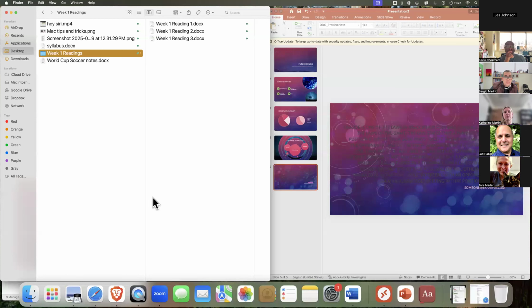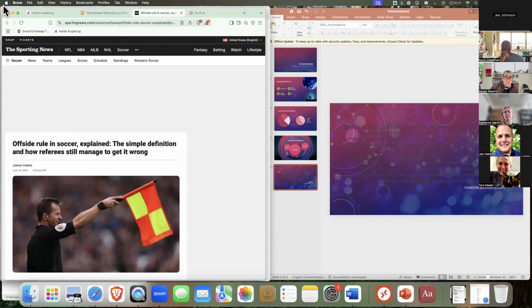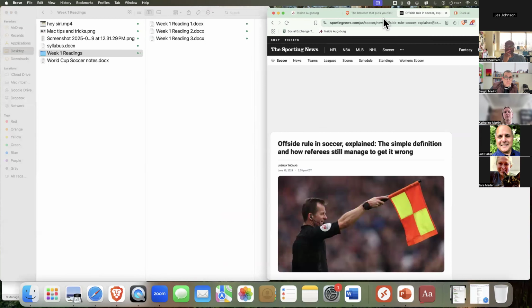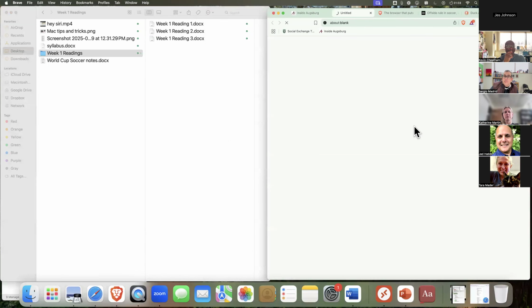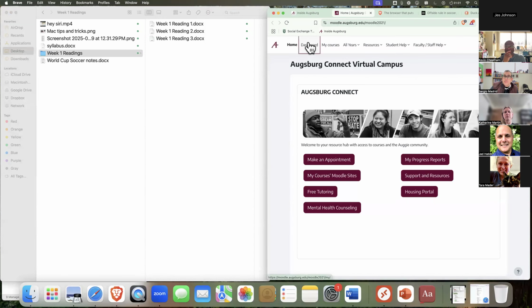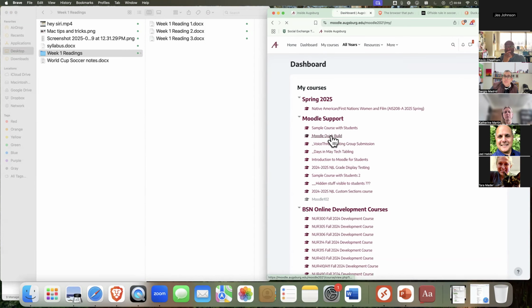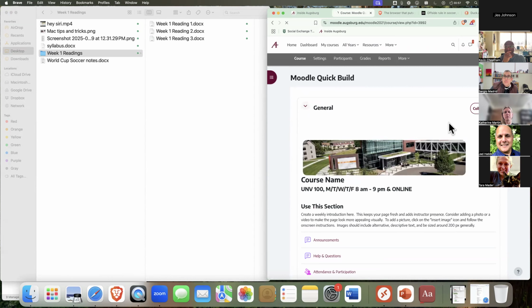All right, let's switch gears here and say that you would like to be able to put some of these documents into Moodle. I know this is not Mac specific, but let's put this on the right side by hovering and tile it on the right. And then I want to go to Moodle and then dashboard. And I have a quick build course here. If I turn editing on